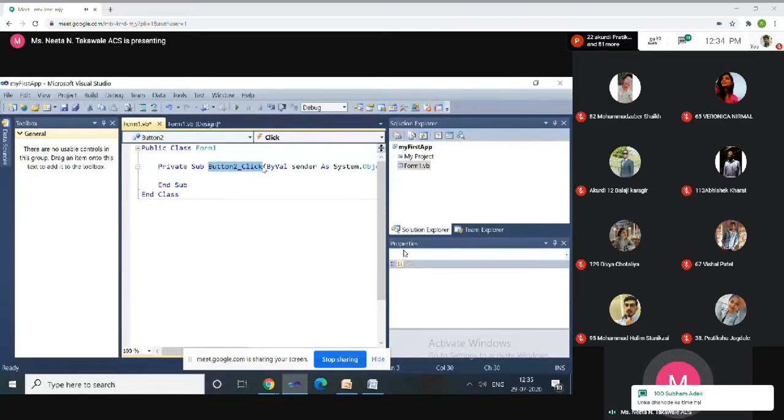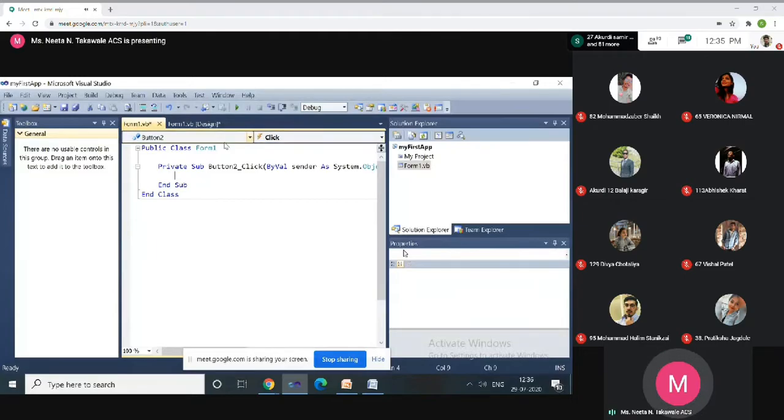When the user presses a button, what should happen? When the user presses a key, what should happen? It happens when the user clicks on that button, and it will execute the code available in this private sub and end sub part.